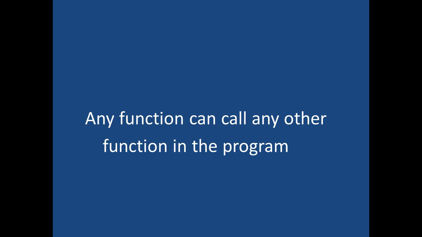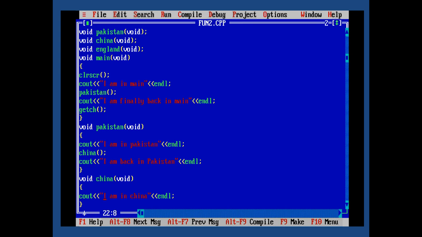सो प्लीज़ कीप इट इन माइंड that any function can call any other function in the program. So never think like that only main can call the function. Any other function can call any other function. Even a function can call itself. And when a function calls itself, this procedure or process is called recursion. इसको भी हम डिस्कस करेंगे recursion को भी. So let's start. देखते हैं कि जी इसको किस तरह से एक फंक्शन दूसरे फंक्शन को कॉल कर सकता है. एक एग्जांपल है जी,